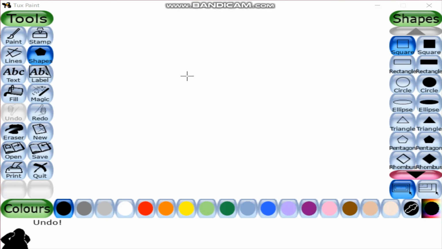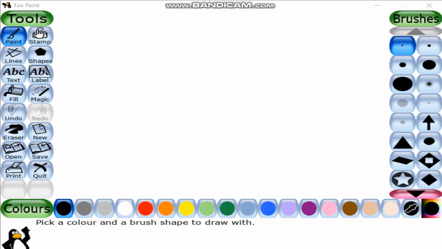Look at the main screen, children. The main screen has 5 sections. The left side toolbar, the right side selector, the middle drawing canvas, the lower color palette and the bottom help area. The toolbar has the control options to draw and to edit images.